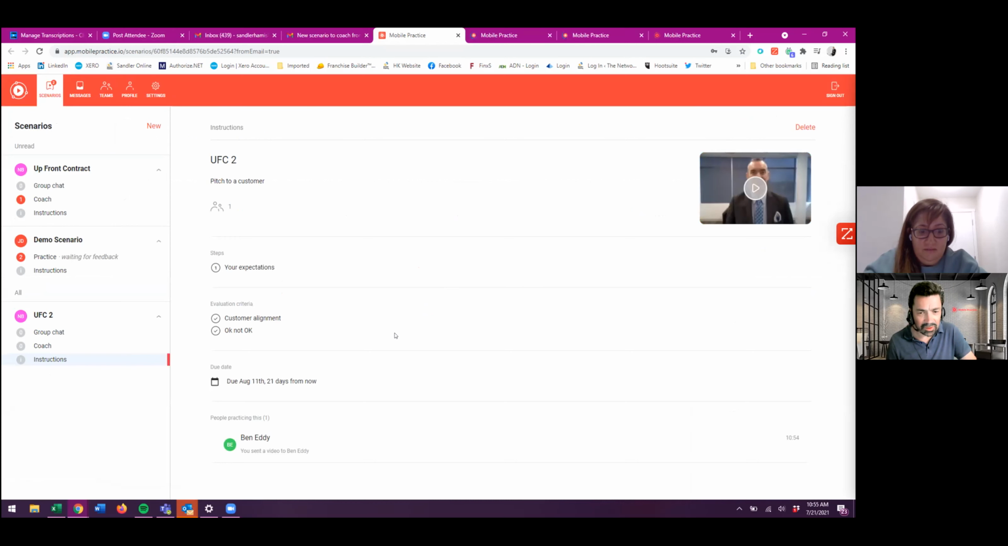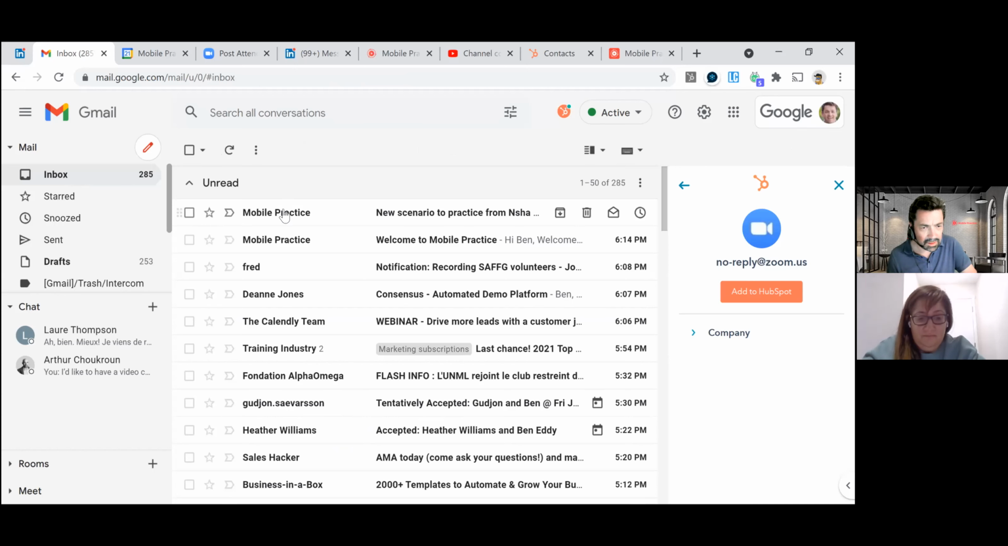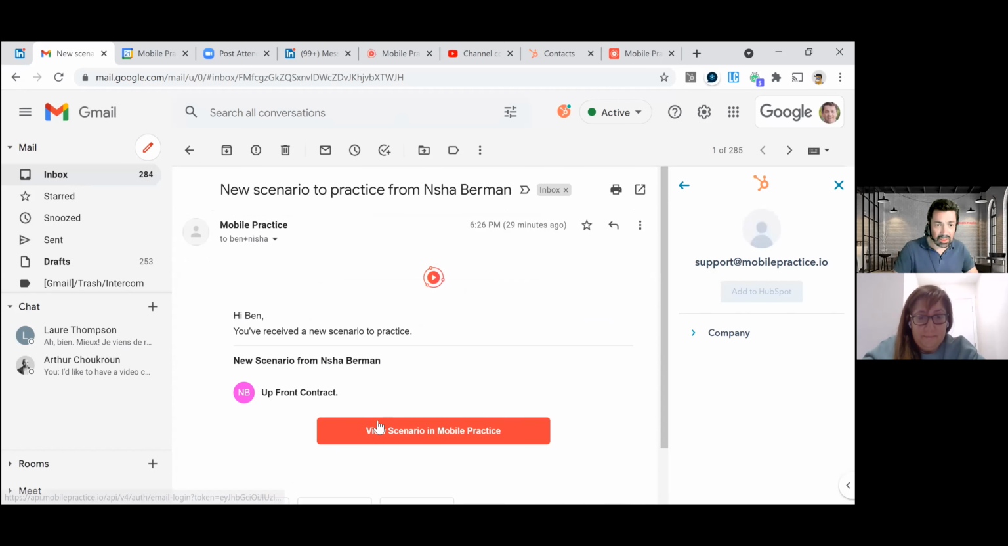So if I now just share my screen a second, you can now see, we get the right one. Can you see my screen? Yep. Can you see it says new scenario to practice from Nisha? Mm-hmm. So as a user,